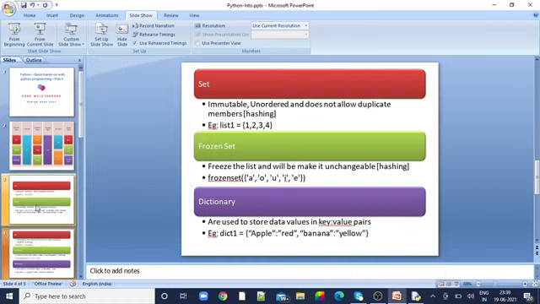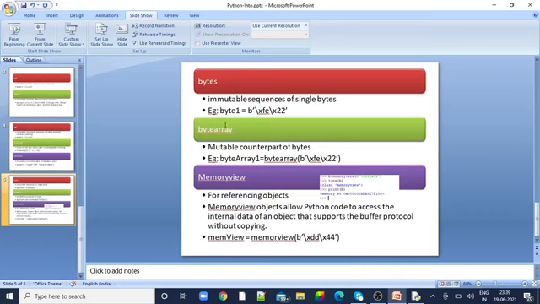Next we have bytes, bytearray, and memoryview. Bytes are used when we deal with single bytes, for example packet data transfer or something that involves more bytes manipulation; then we go with this built-in data type. Then we have the bytearray. The difference is that bytes is not possible to modify, as already said, but bytearray is the mutable counterpart of bytes. Thus yes, it is possible to modify the values in a bytearray once it is created.